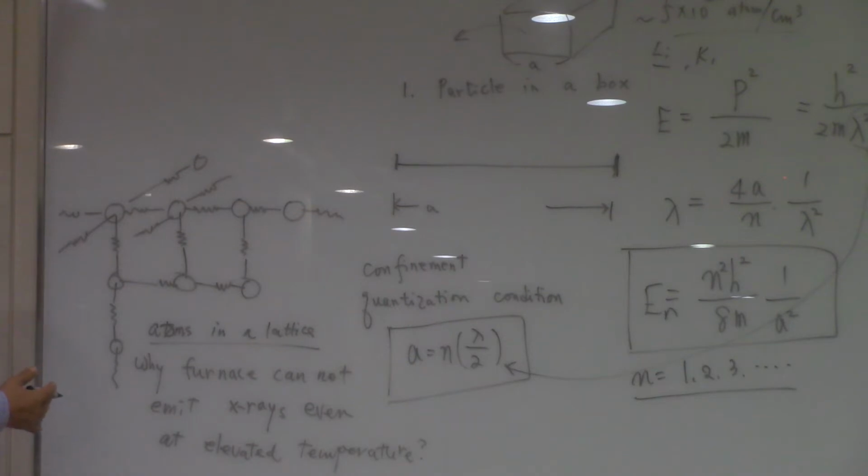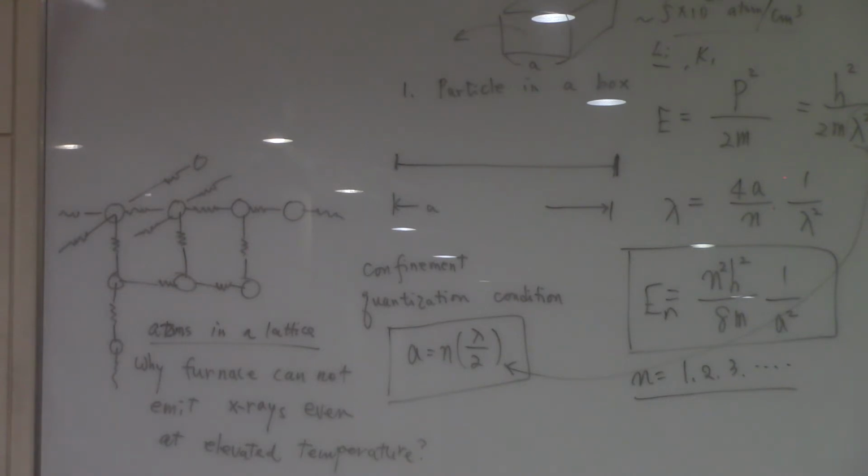This is the answer. The simple string analogy can give you the proper answer to this very, very serious question. Why, when we apply the electric field to copper metals, how can those copper metals emit X-rays? On the other hand, why can furnaces, even at elevated temperature, not emit X-rays at all? The reason is when it is